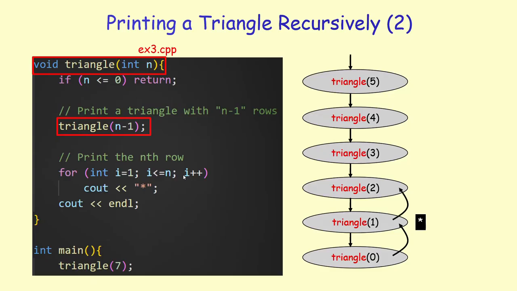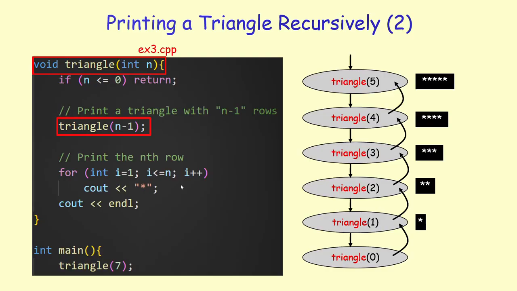When we return from triangle 1, we return to the context of triangle 2. We are here, n is equal to 2, so we are supposed to print 2 star characters and a new line. So that takes us to the beginning of the new line. Now we return to the context of triangle 3. That's going to print 3 star characters and a new line. Then when we return to the context of triangle 4, that's going to print 4 star characters and a new line. And eventually we return to the context of triangle 5, that's going to print 5 star characters and a new line. And then we return to the main function, which is supposed to call the initial triangle function. Of course, this is wrong. It should have been 5.